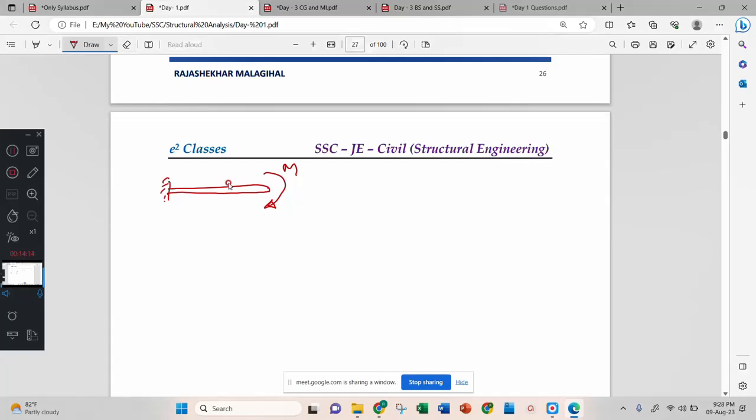Then what is the reaction in the support? The reaction in the support is also moment. Now see, this is moment and this is moment. Both moments will bend the material this way. Then, very interestingly, a cantilever subjected to moment at the free end